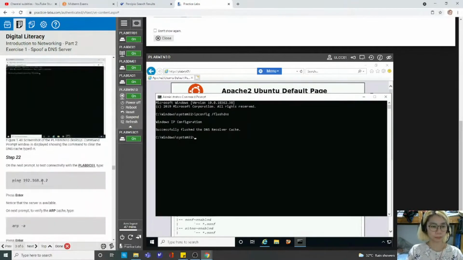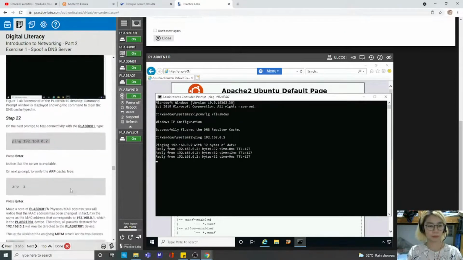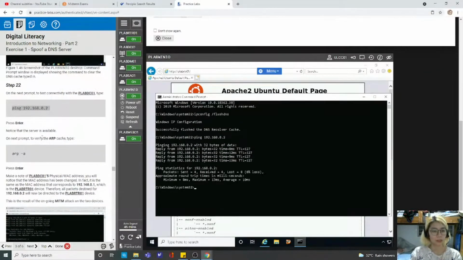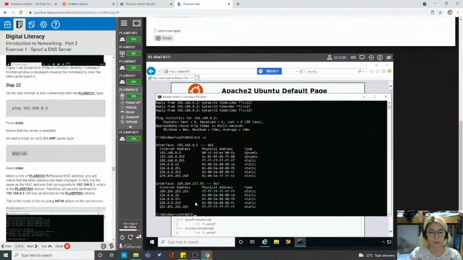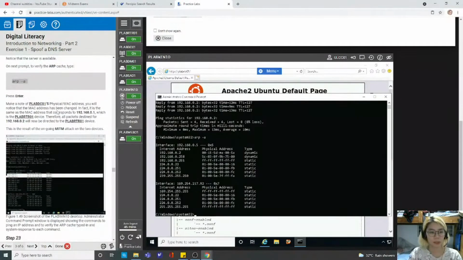Then let's type this. Okay. So notice the service available. On the next prompt to verify ARP poisoning, type arp -a. Alright. So as you can see in here,